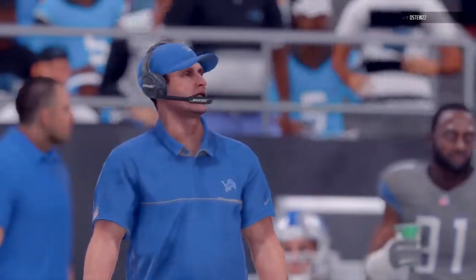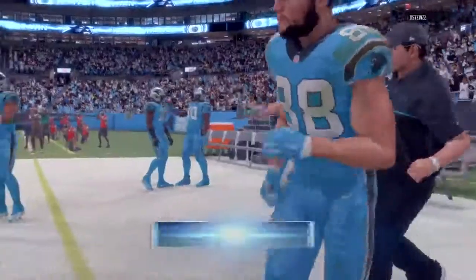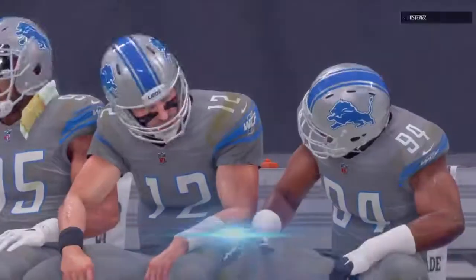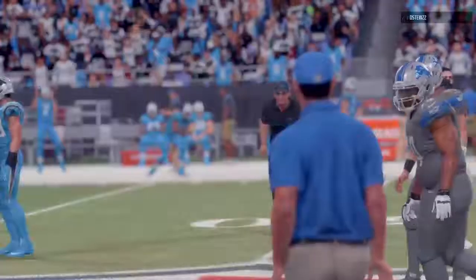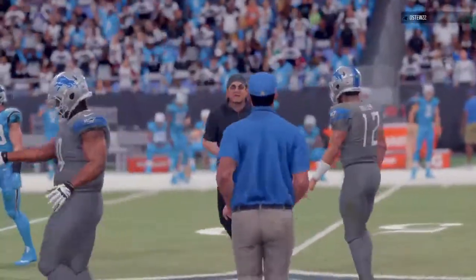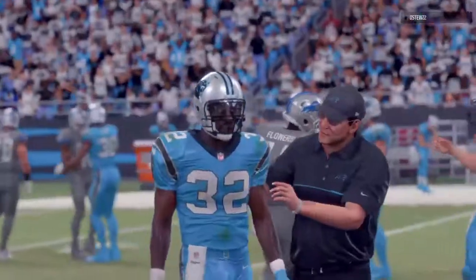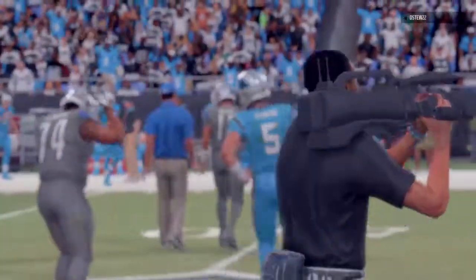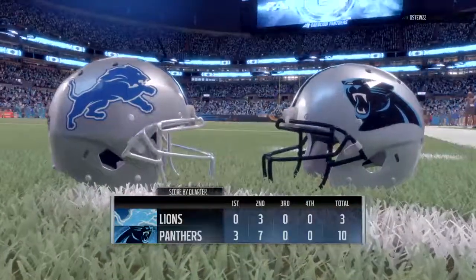Well, going into the final play of this game, they knew that they needed some type of a miracle there at the very end, but they couldn't get it done. However, we were treated to really a spectacular affair. Even though they didn't finish it off, you're exactly right. They took us down to the last play. You're wondering, could it happen? Possibly, even though we both knew it was a long shot. So for the Panthers, they get back in the win column as they move to 2-1 now on